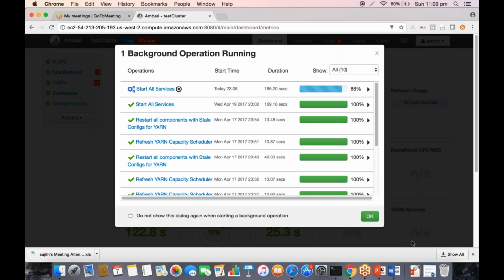Whether these users will be able to run YARN processes or not, whether they can submit MapReduce jobs or not, whether they can access the data, the blocks, from HDFS or not. Those are actually defined in Kerberos.